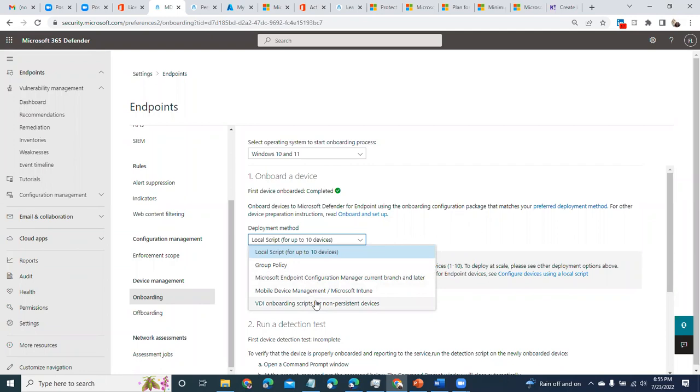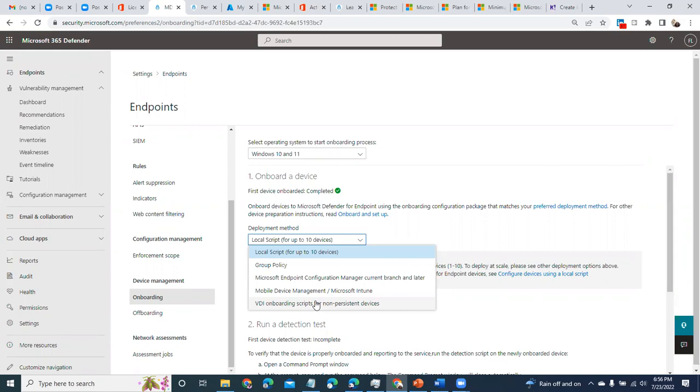Microsoft even considers the virtual desktop. If you have a full virtual desktop client in the environment running the Windows operating system, you can onboard those non-persistent VDIs.